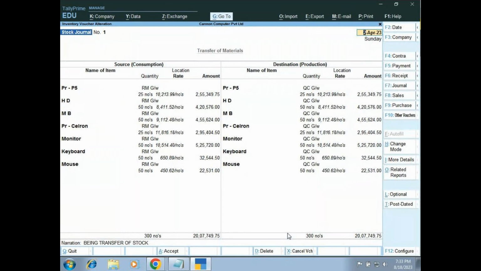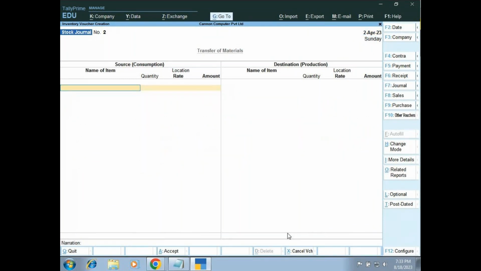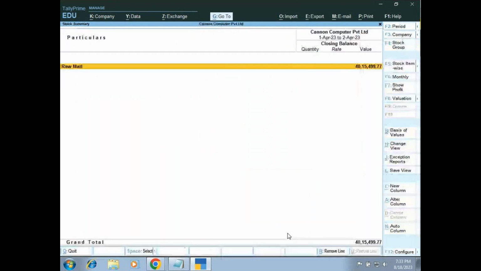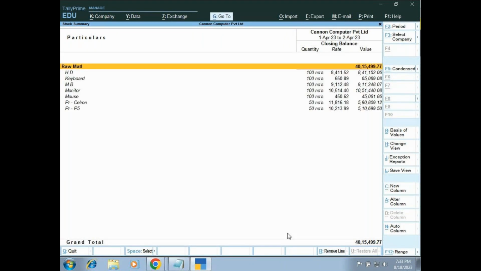Now we can see the report. Okay. Always you have the habit of seeing report. So we can see stock summary, Alt F1. Nothing has happened here. Okay. Items are intact. Only 50% has moved to